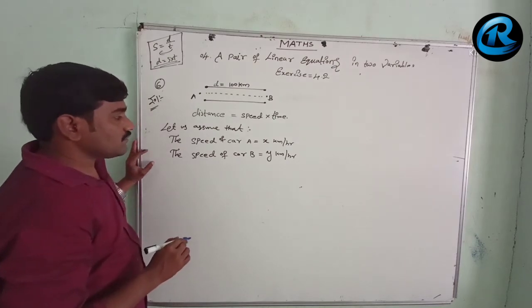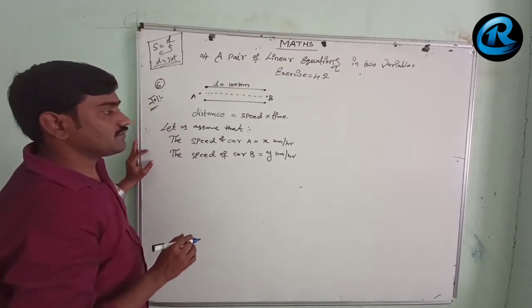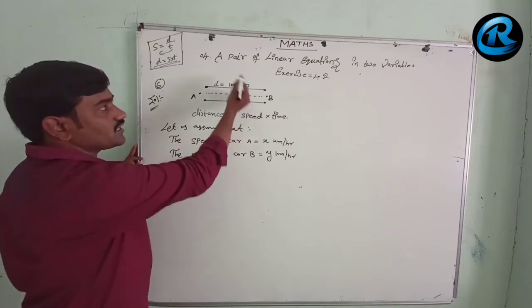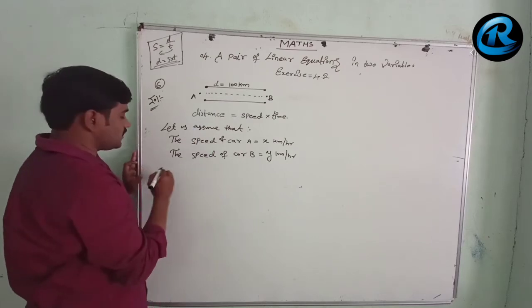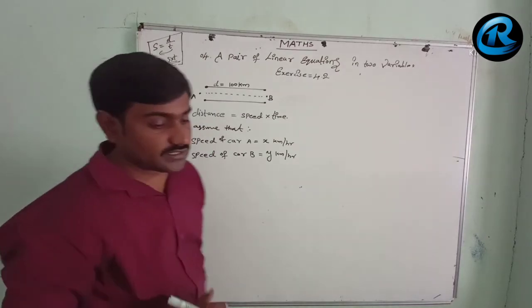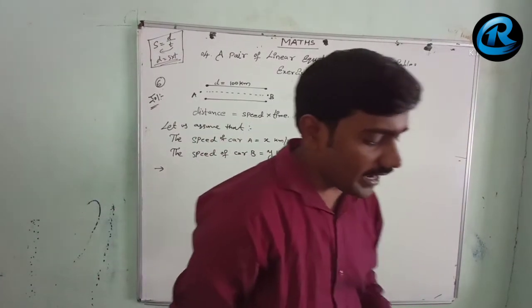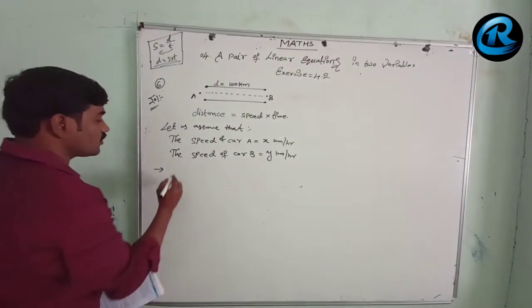Then the overall distance will be 100 kilometers. That you need to remember. This distance will not be changed. The first condition here, if they travel, A and B, two cars,